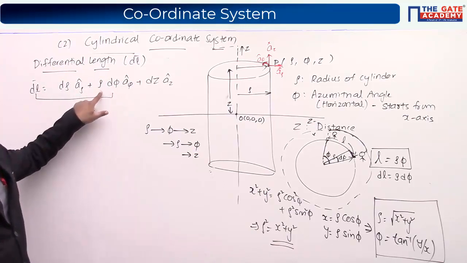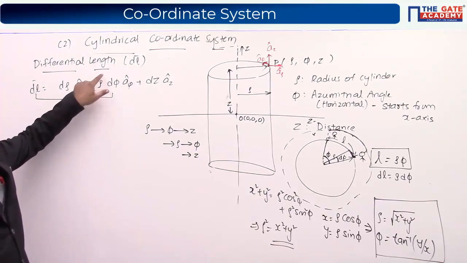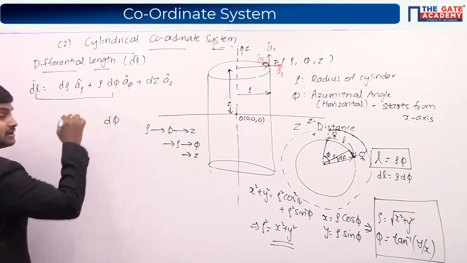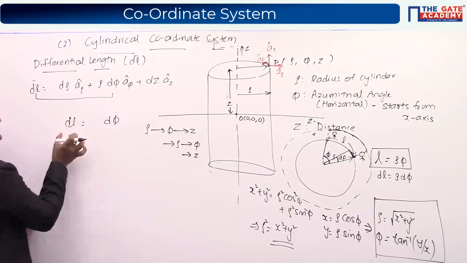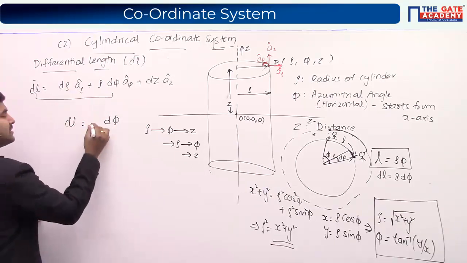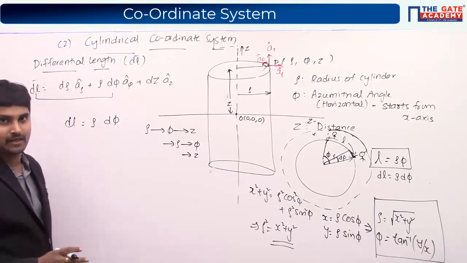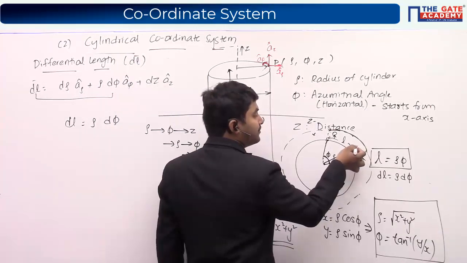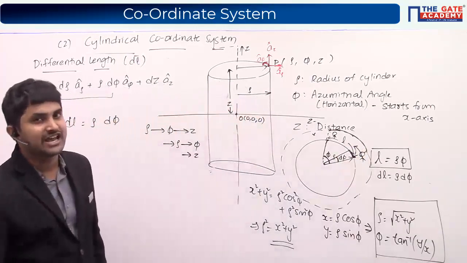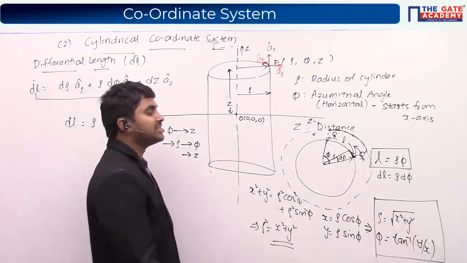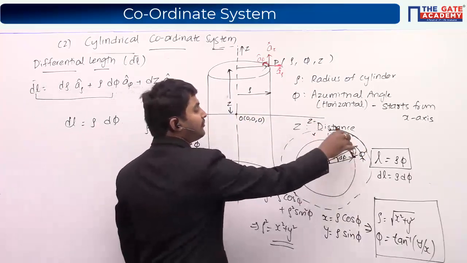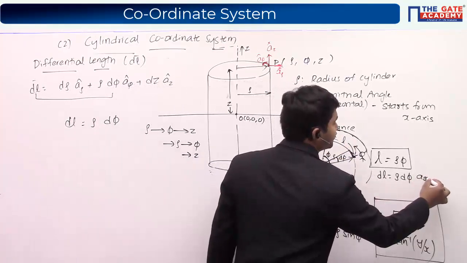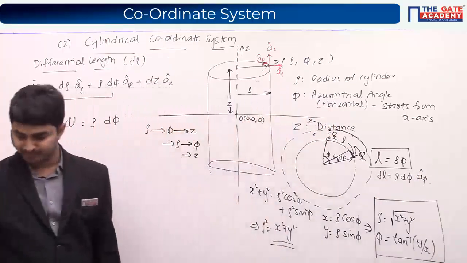So it's very important to represent the radius here, because you can never have the change in length directly equal to the change in angle. Here it is in radians, here it is in length. So what we have to keep here is always the radius, because in which direction are we moving? We are moving in the phi direction. So I can say dl is nothing but rho d phi in the phi direction, correct?